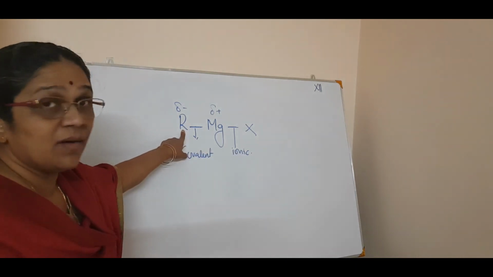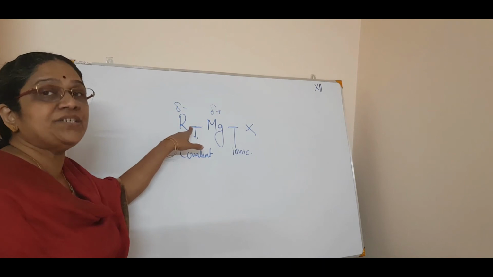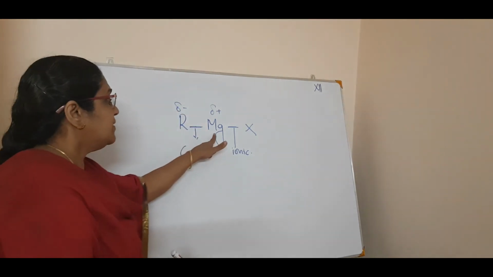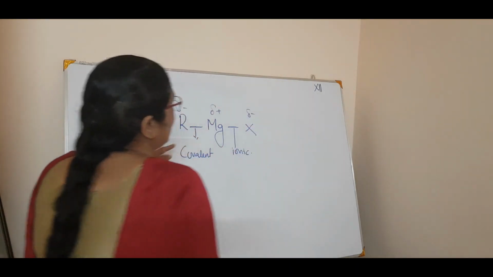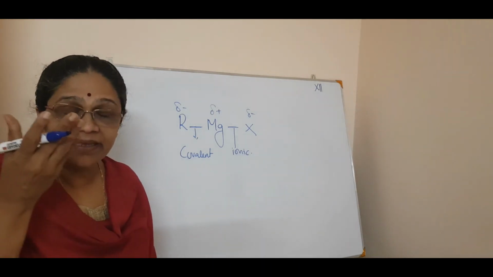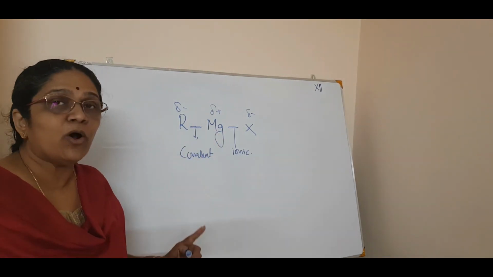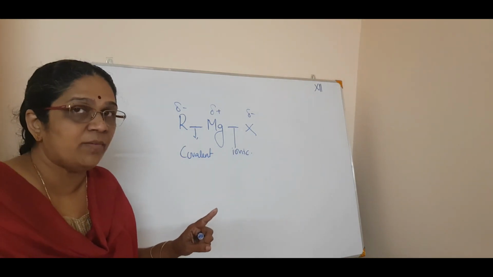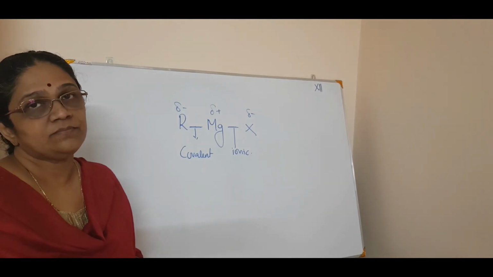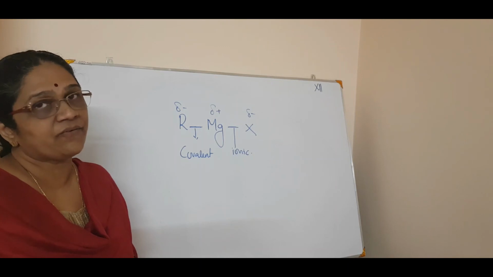Here what happens? The more electronegative carbon is attracting the shared pair of electrons of magnesium, getting a minus and plus. At the same time, this MgX is what? Definitely the X is electronegative, so it will be minus and plus. So in Grignard's reagent, there are two types of bonds. One is the RMg bond, which is covalent, being a highly polar covalent bond, and the MgX is purely an ionic bond. So that is about the structure of the bond in Grignard's reagent.